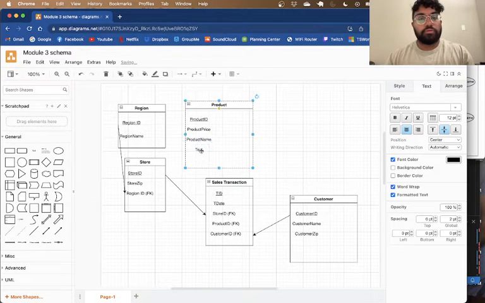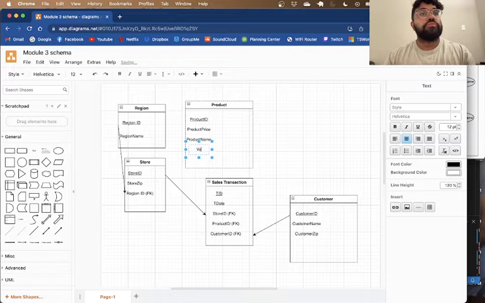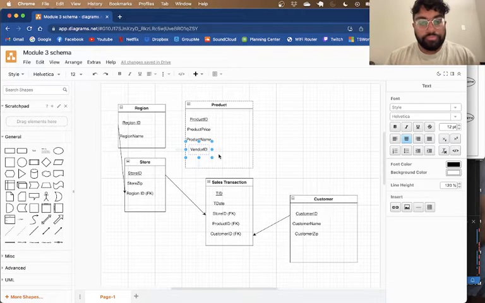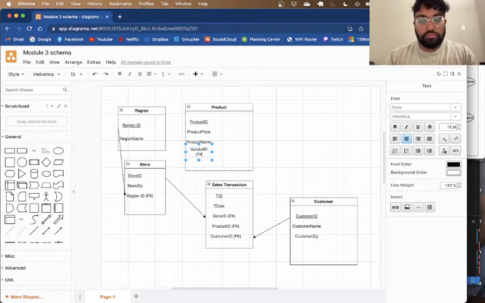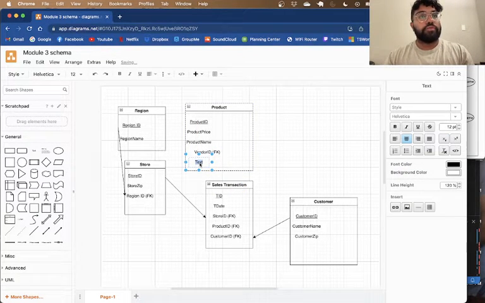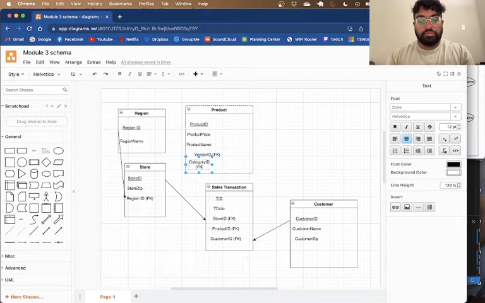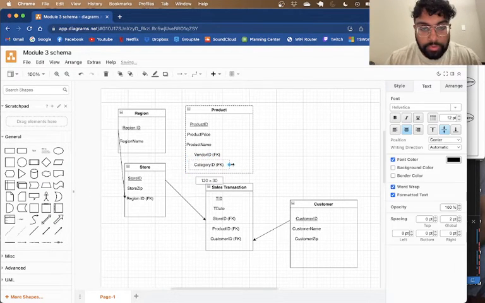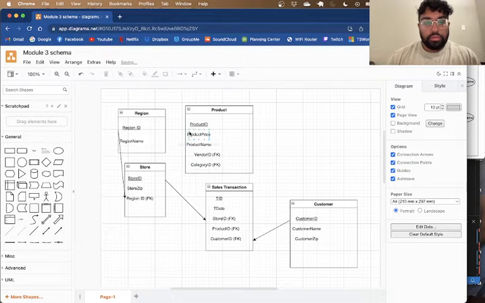We have vendor ID, which is a foreign key. And then last but not least, we have category ID, which is a foreign key. But yeah,